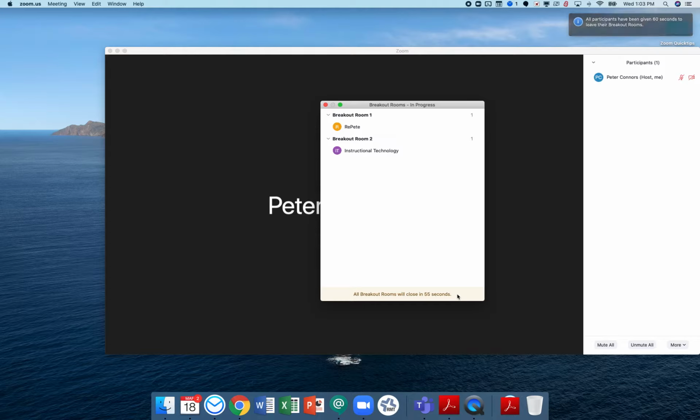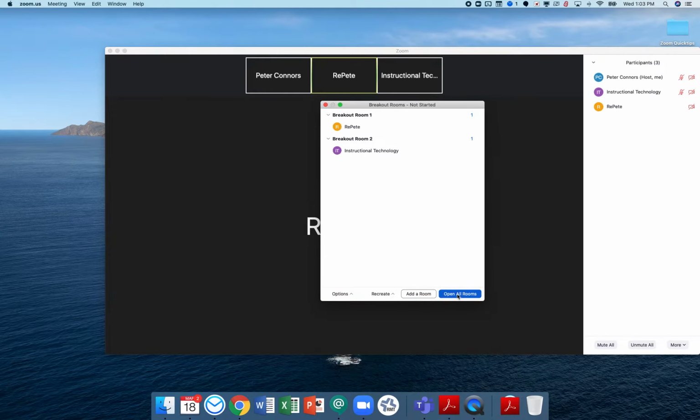And I'm just going to confirm this. As the participant, you kind of have to accept that the person closed those, so you get a little notification on your end. And you can see now that I've drawn those participants back into the main room. So let's say they had their 5 minutes of chat time, and now we've done another 20 minutes in our